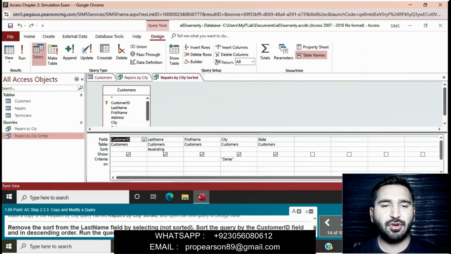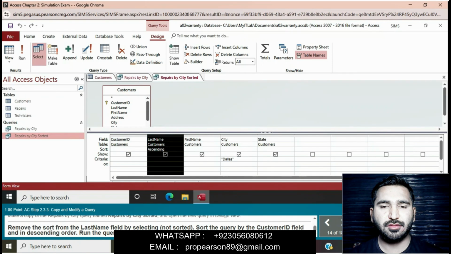Remove the sort from the last name field by selecting not sorted.